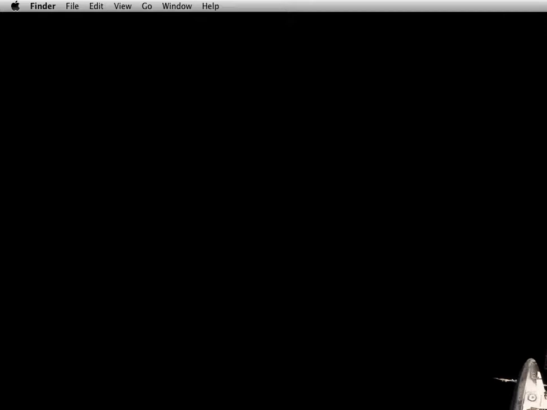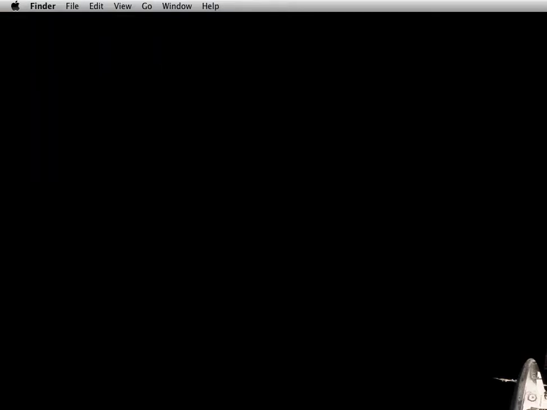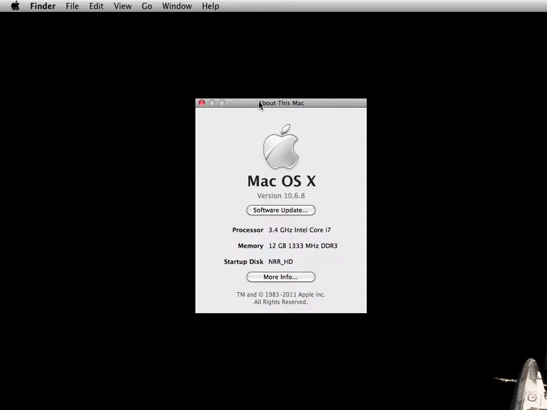So, with the advent of Lion coming out, there are some things I'd like you guys to take a look at. If you click on the Apple in the upper left-hand corner and choose About This Mac, a box will pop up, and I'm moving it around just for illustration. Within that box is another button, More Info. And if you notice down there, System Profiler has popped up. So if you click on More Info,